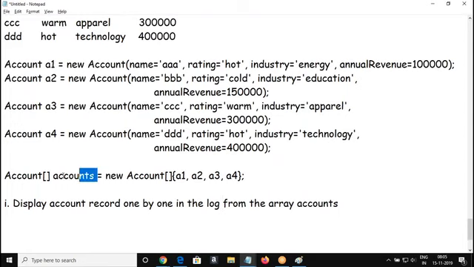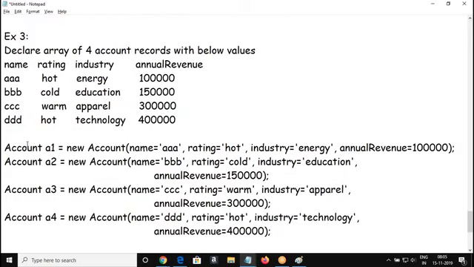We are talking about this array, right? My requirement is for this example.